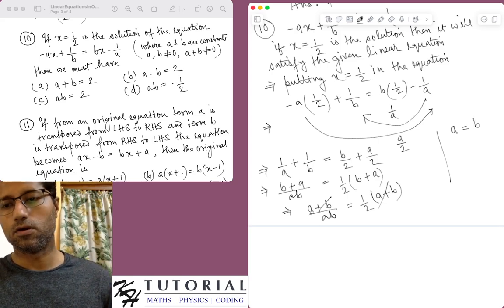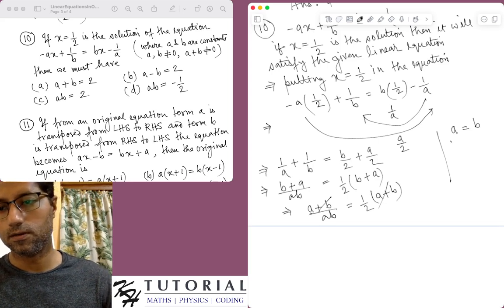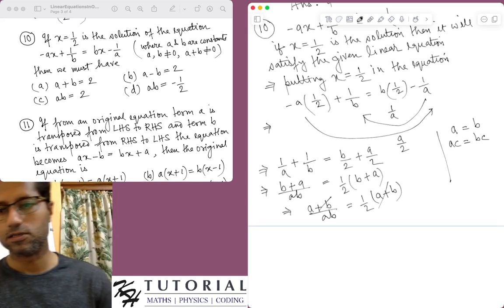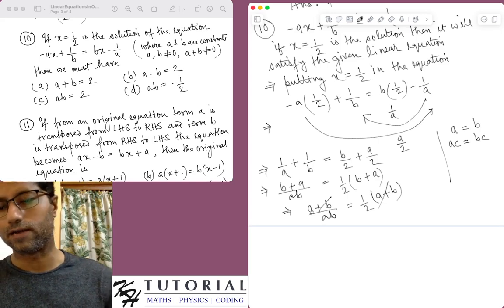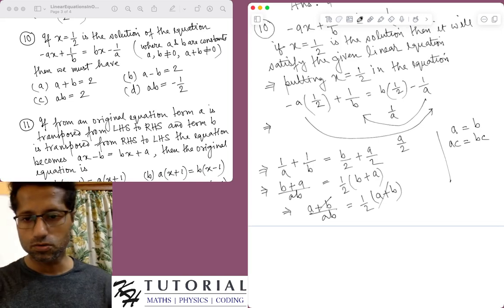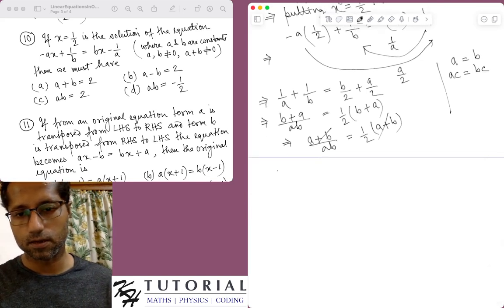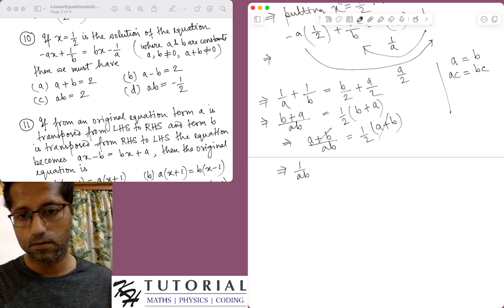multiply both sides with a non-zero constant c, so it becomes ac equals bc. And if you have ac equals bc, you can also cancel the factor c from both sides. So from this equation, I am cancelling a plus b from both sides, and I get 1 by ab equals